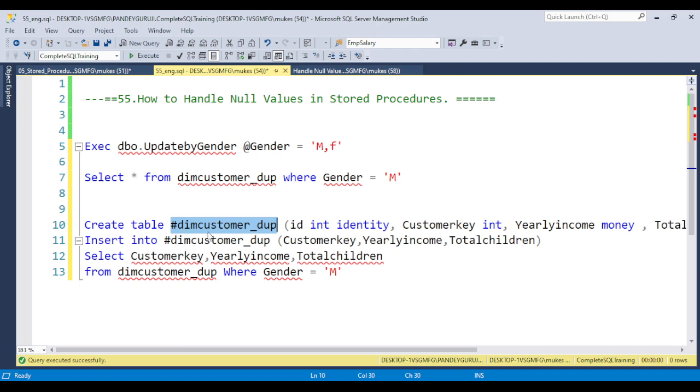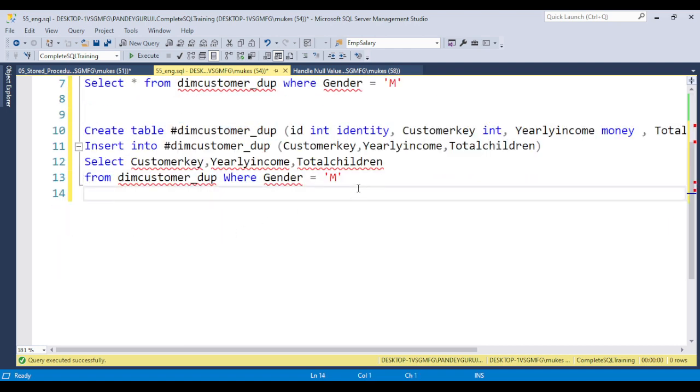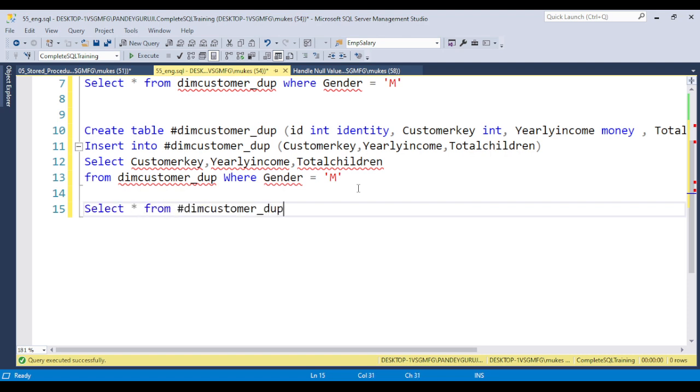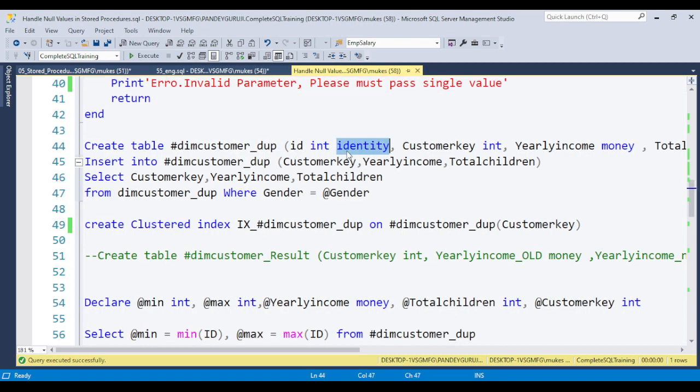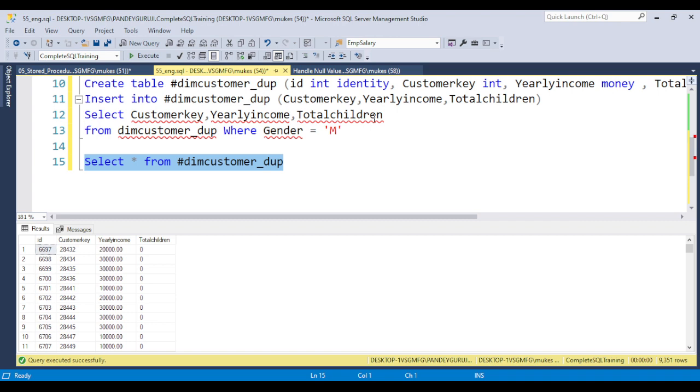In real time that is the reason we use a temporary table, because of holding the temporary data, since we do not require this table in the future when the data is updated. When the data is updated, the table will automatically be dropped. So now you can see 9,351 records, but you can see the ID column I used here, the identity column, but the data is not sorted.